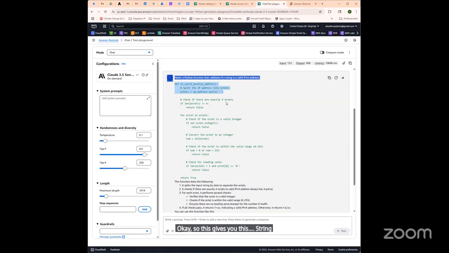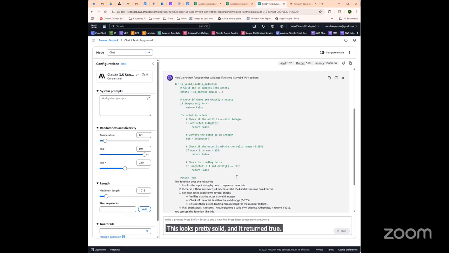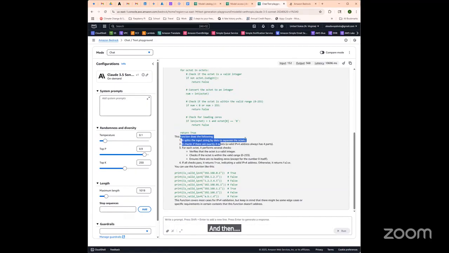That'd be your split for the octets. Check the octets: if it's a digit, convert it to an integer, check if it's within 0 to 255, excuse me. Check for any leading zeros. This looks pretty solid and returns true. You have else or if else, and then it splits the octets, checks if there's 4 octets, for each determines several checks that it's an integer between 0 and